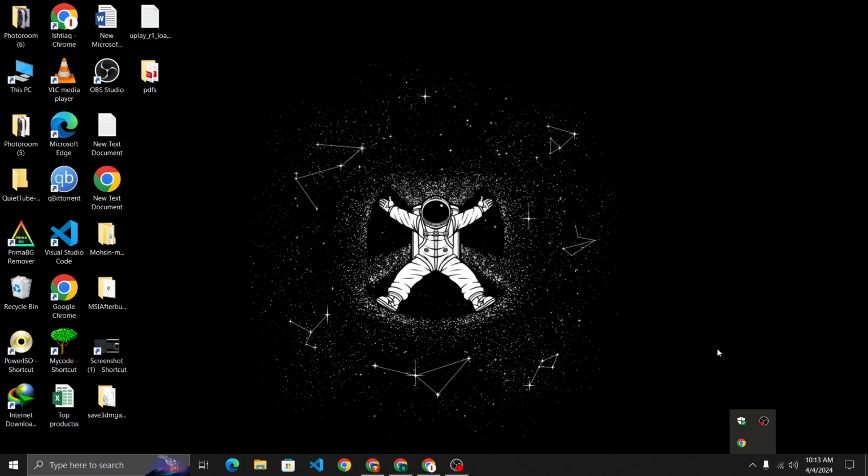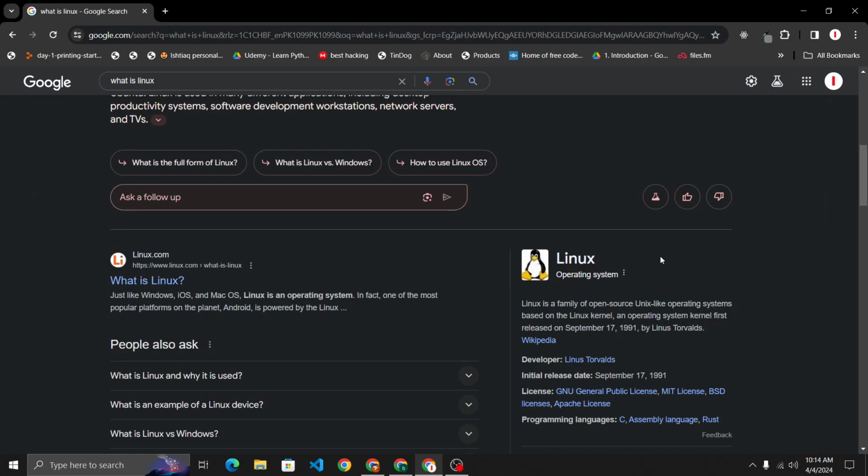Today we are going to discuss how to install Linux subsystem on Windows 10. So the question is, what is Linux? Linux is an operating system. It's an open source operating system and it is used by hackers, ethical hackers. So ethical hackers only need the terminal of this operating system to access tools to test the web applications